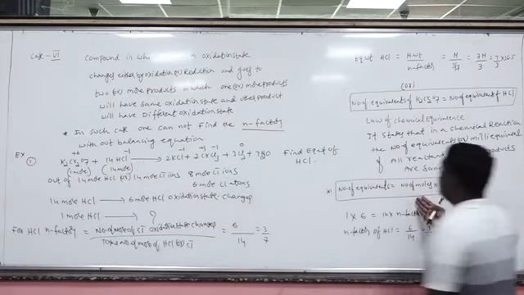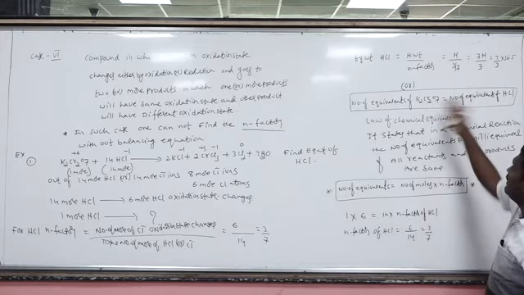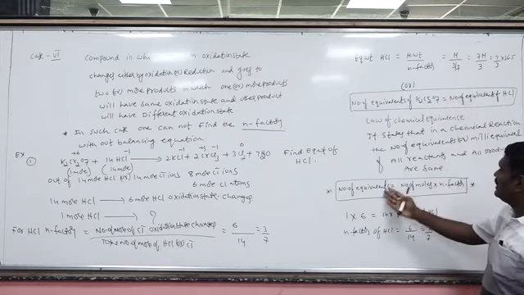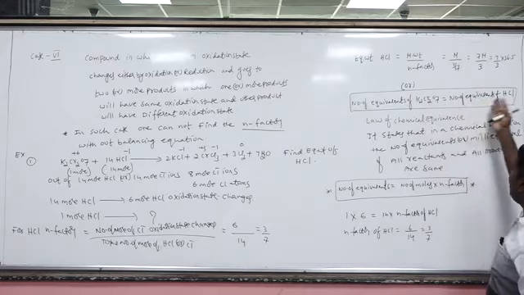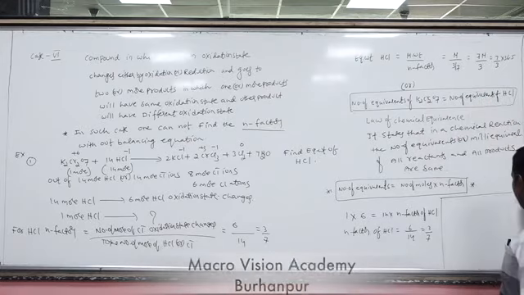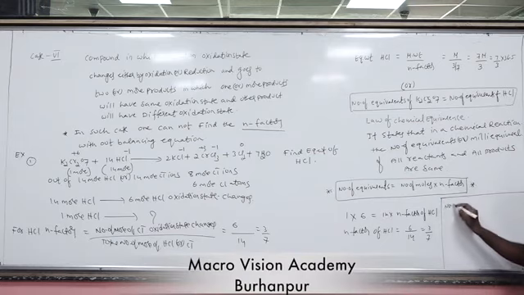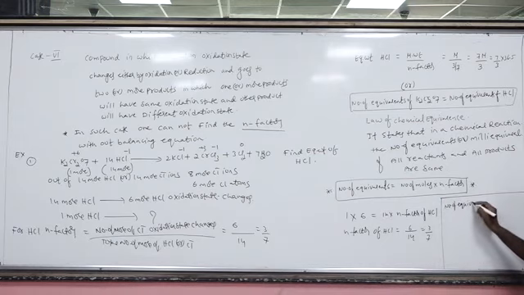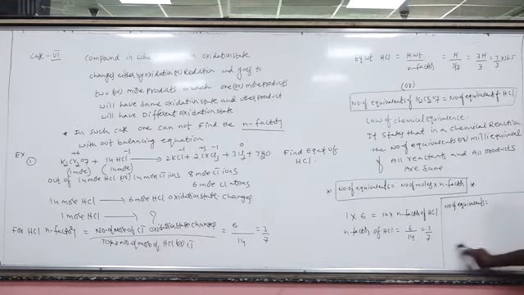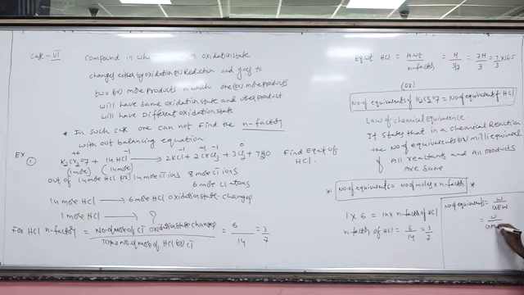Now the second alternative method. Here we are just comparing the equivalents of reactants. So the number of equivalents of dichromate will be equal to the number of equivalents of HCl. Now this formula: how to calculate the number of equivalents? Weight upon gram equivalent weight. Do you know how to find the gram equivalent weight? Gram molecular weight upon what? N factor.